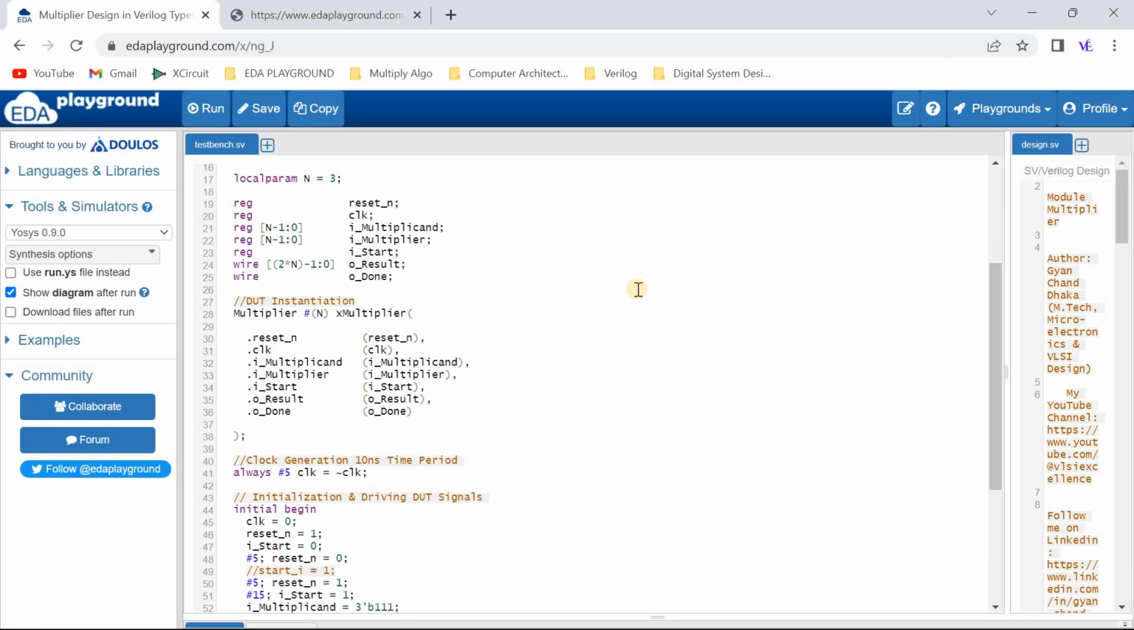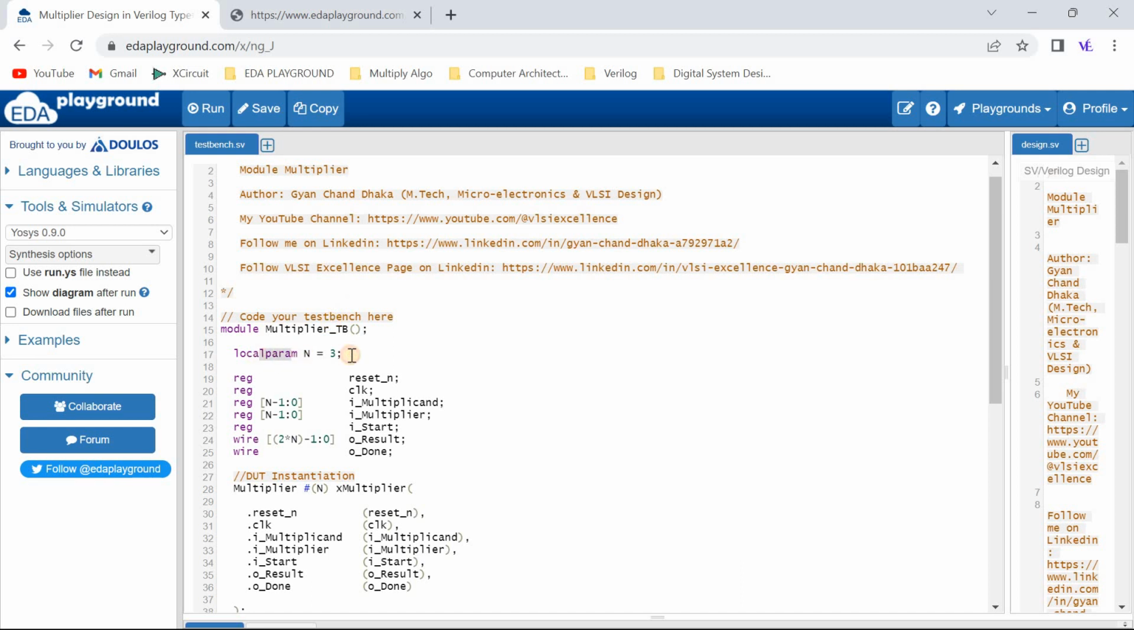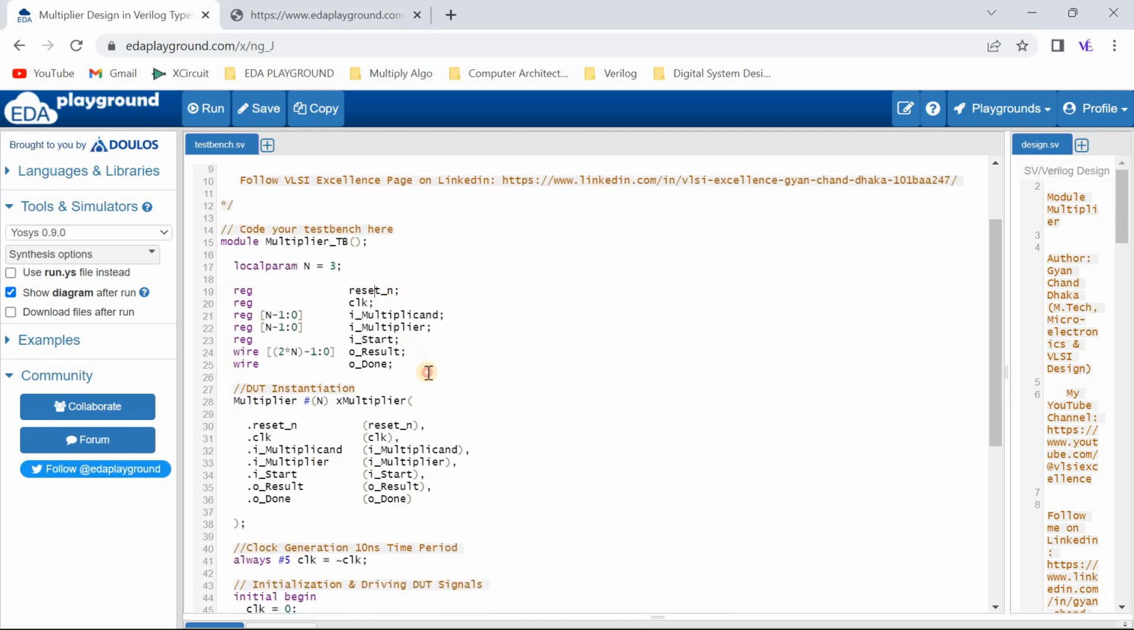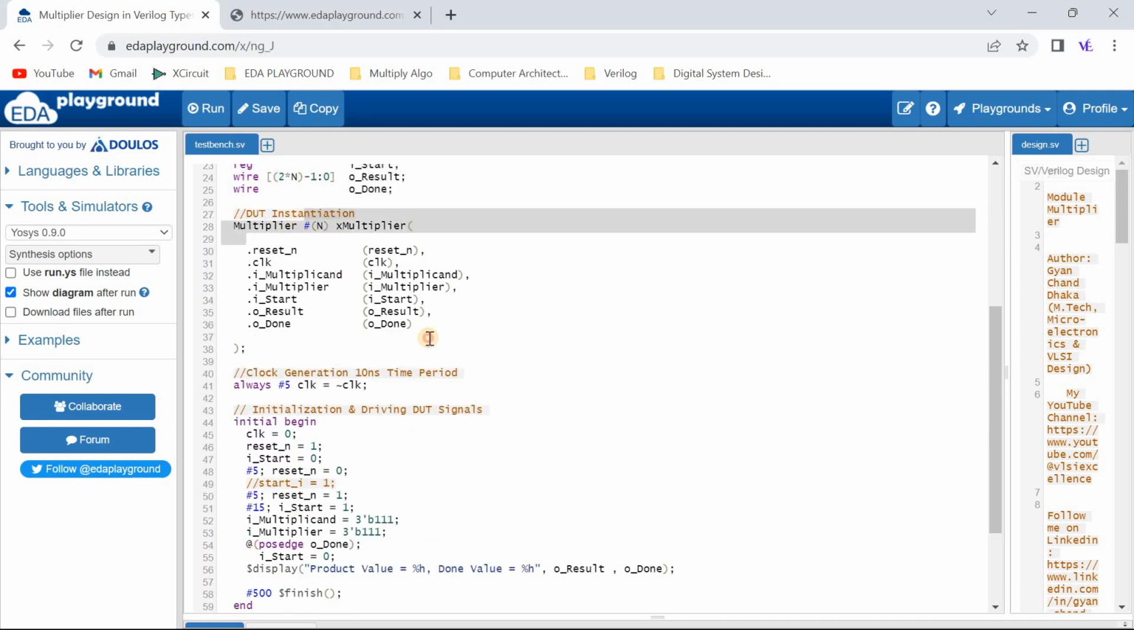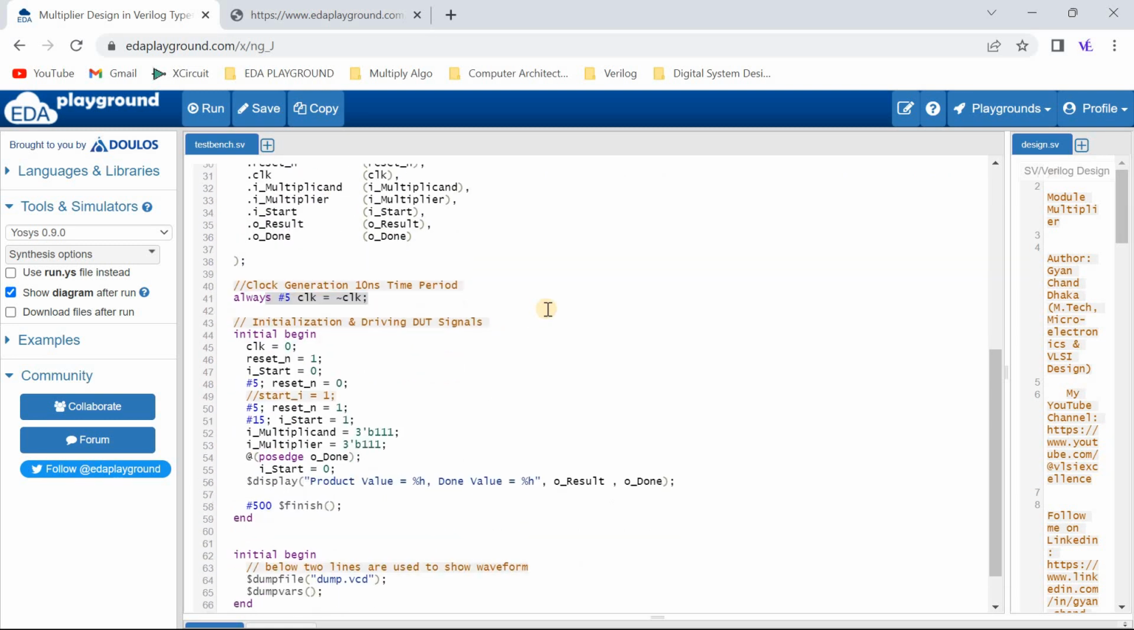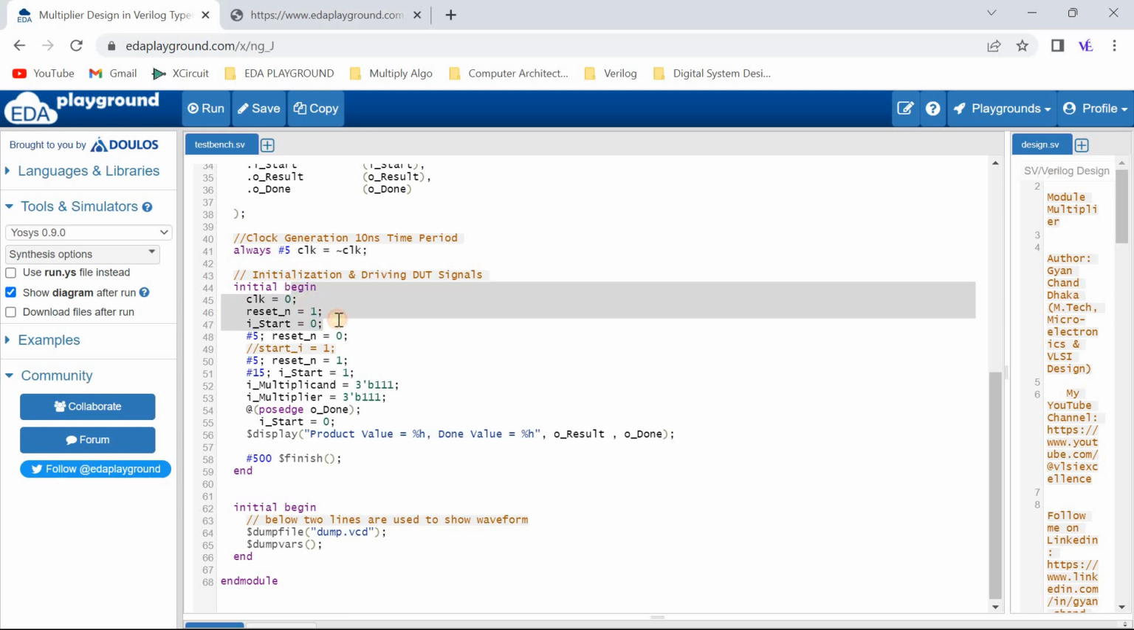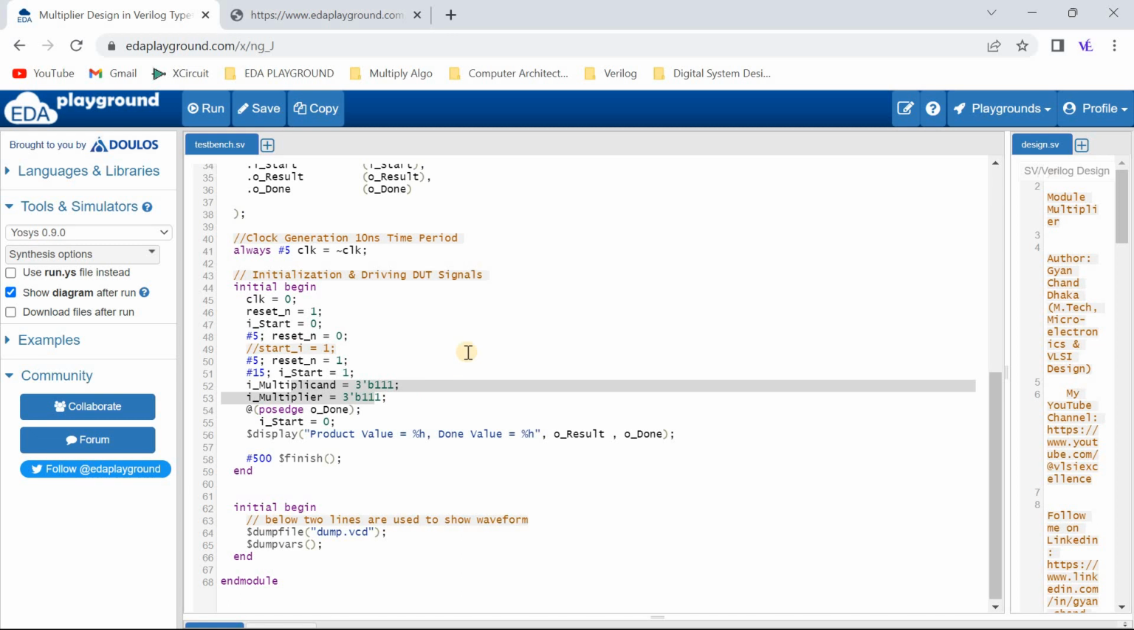So this is the test bench for this particular multiplier, and here we have declared a local variable n equal to 3. That means we can use this multiplier as a 3-bit multiplier. These are the port declarations, and here we have the DUT instantiation, and then we have a clock signal, a 10 nanosecond clock signal generated, and here we are basically initializing the signals, as well as we are driving the signals to the DUT. So we are making the start signal here 1, and we are assigning some values to our multiplicand and multiplier